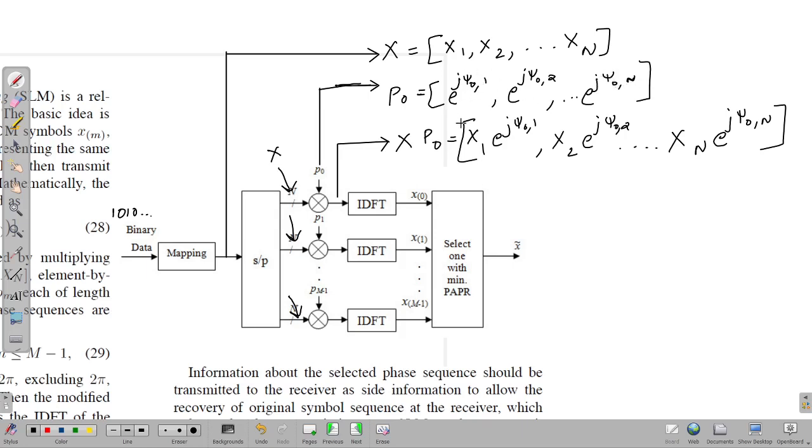So they will have a different phase sequence. P1 is also going to be a phase sequence, but it is different from P naught. So this signal x is getting multiplied with P1 again, and from here you will have x into P1, which is having a similar expression to this. Instead of e raised to j phi naught comma 1, here it will be e raised to j phi 1 comma 1. Just like this expression,